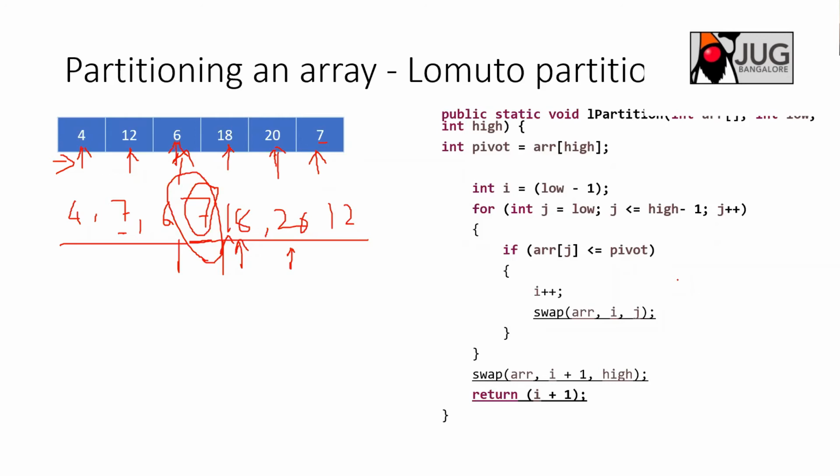But if you have been given an array where the pivot element doesn't exist in it, it is good practice that you select an element from the array itself as the pivot. Don't select some random element. For example, in this case, don't select 1 or 0, because 1 or 0 doesn't exist here. Partition means you have to partition the array, so you need some element from that array, with smaller elements on one side and the higher elements on the other side of the element you have selected as the pivot. That is the pivot.